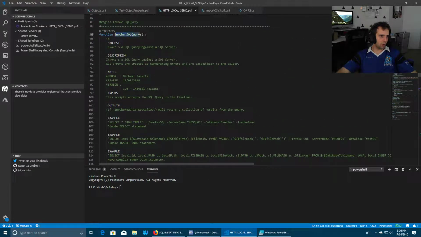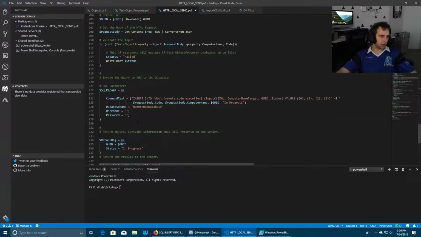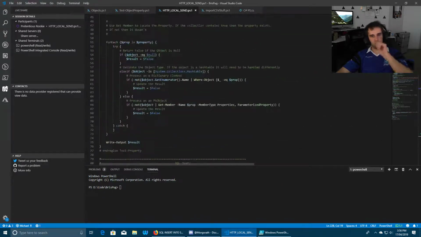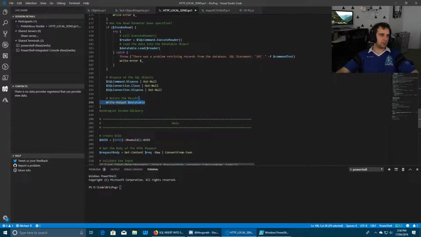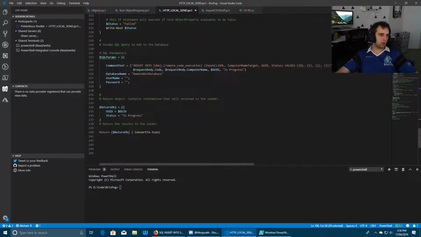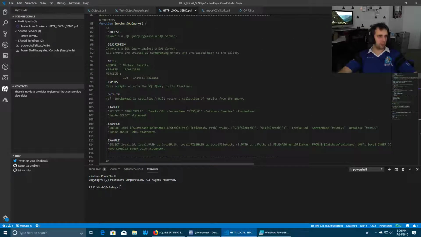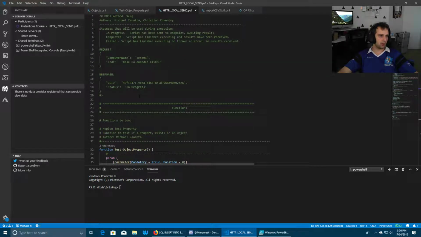When we go and run our query, we need to specify username and password. So we just pop that in there. That's pretty much it for today. I'll get you to go through later and clean it up a bit more.